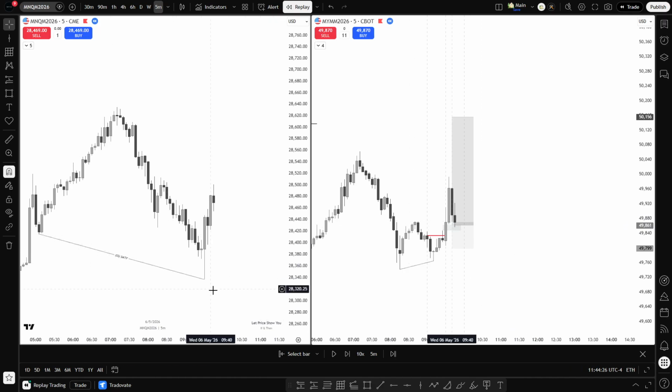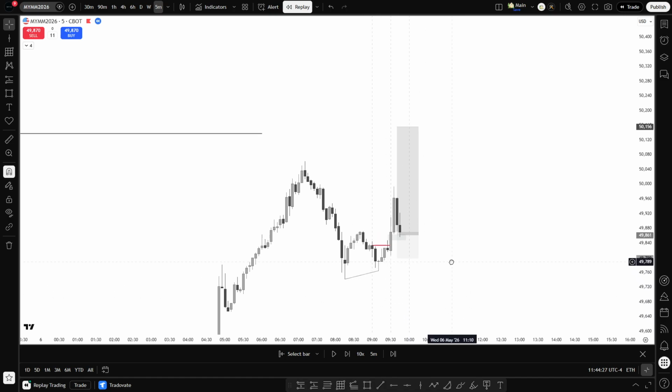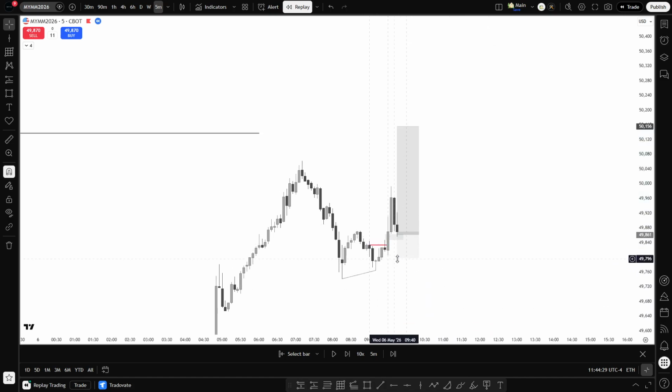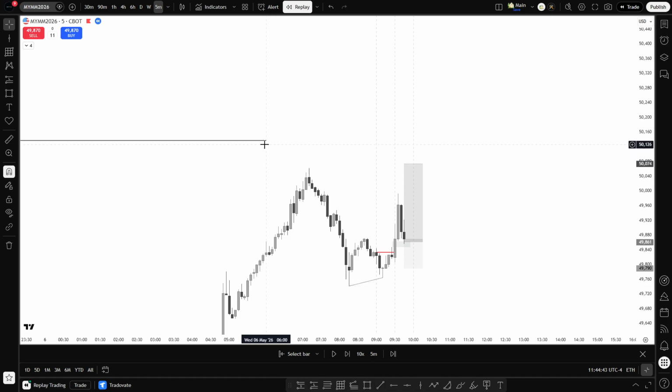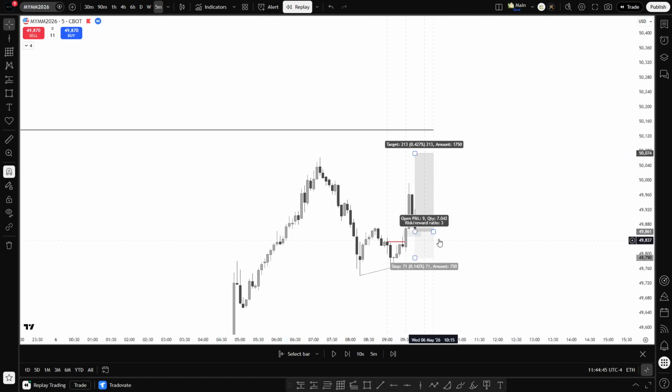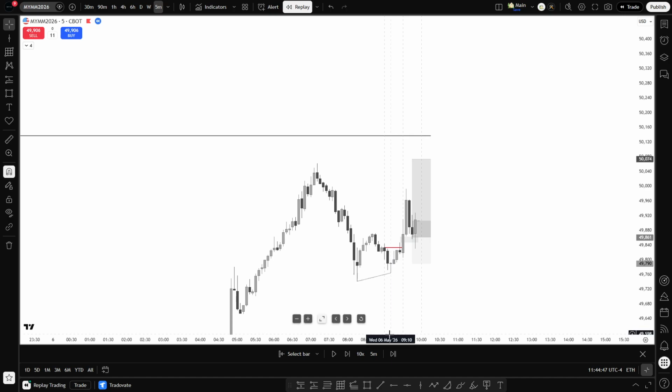Which is good. It's just great to see all of them versus higher, but this would have been another good entry. Because if I took this, put my stop below, like right here, I would still be able to achieve like a 4R, or all I need is a 3R. So I would be able to reach a 3R before price reaches the take profit, or draw on liquidity. And then I would also be able to go break even right when price CISDs, right?